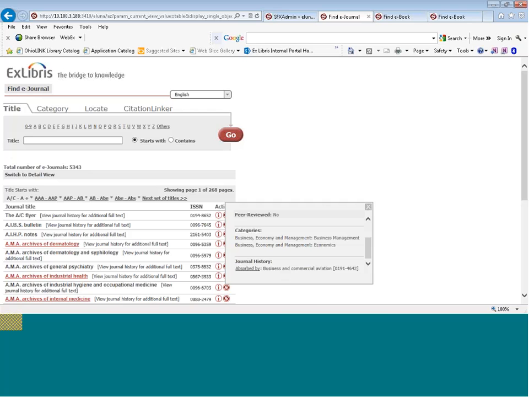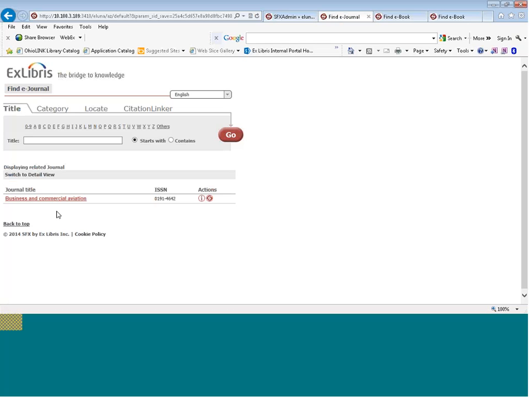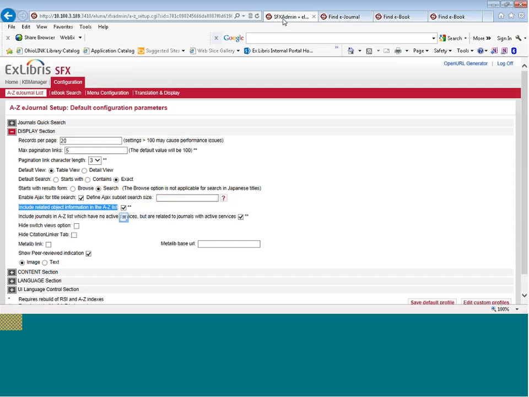And so at this point, I can actually click on Absorbed By, and that will take me to that particular journal title. And this is the one I actually subscribe to. Notice that the AC Flyer title, I don't subscribe to that, but it is related to a journal that I do subscribe to. So going back here with the related journals or related object information,